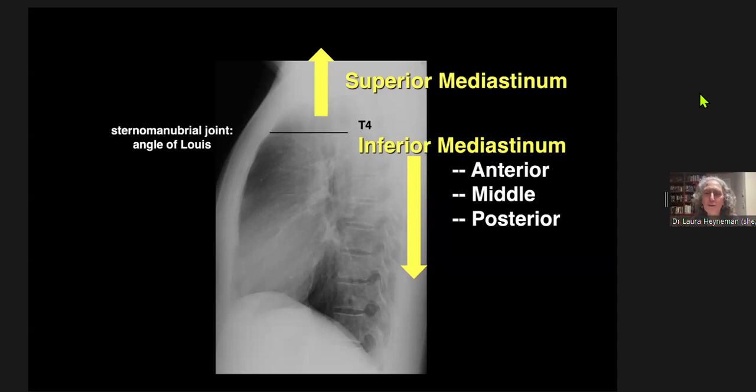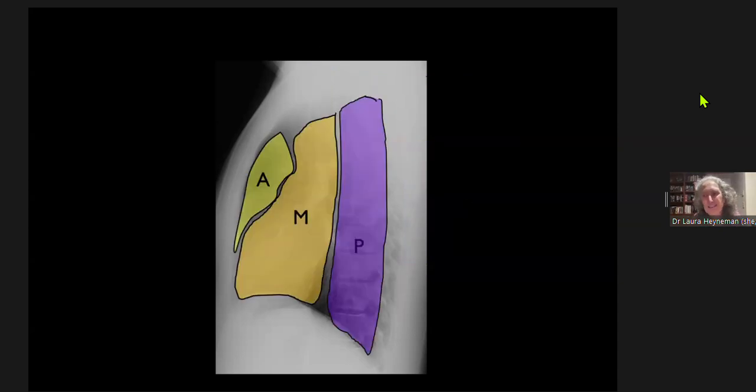And that border between superior and inferior is based on a hypothetical line between the sternomanubrial joint, then going backwards to the inferior end plate of T4. It's a very hypothetical line. I personally don't find that distinction to be that helpful. So I'm going to be talking about the anterior, the middle, and the posterior mediastinum,